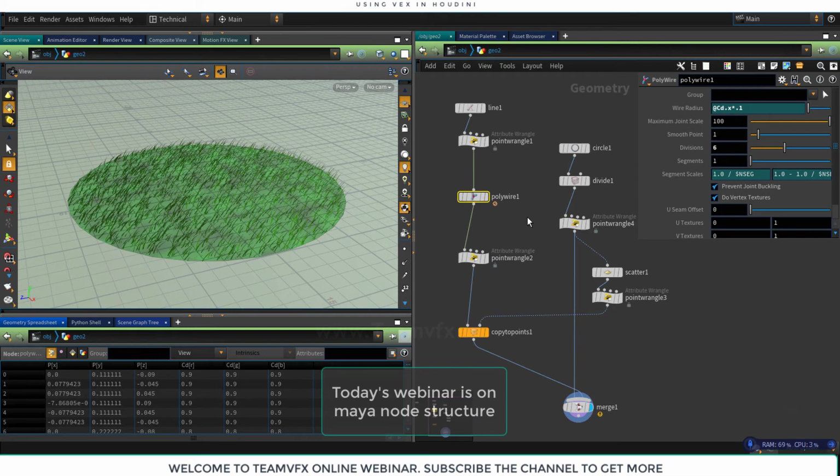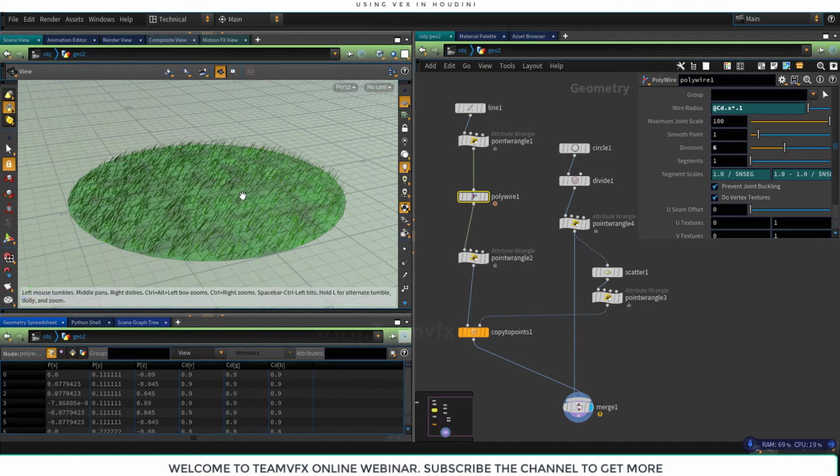After completing that webinar, a few of my students were asking if we want to do the same thing in Maya, is that possible or not. So today we are going to focus on that. Today we will see how to make the grass or populate any object like pebbles or rocks or any grasses, trees, herbs, shrubs, or create a jungle, something like that.